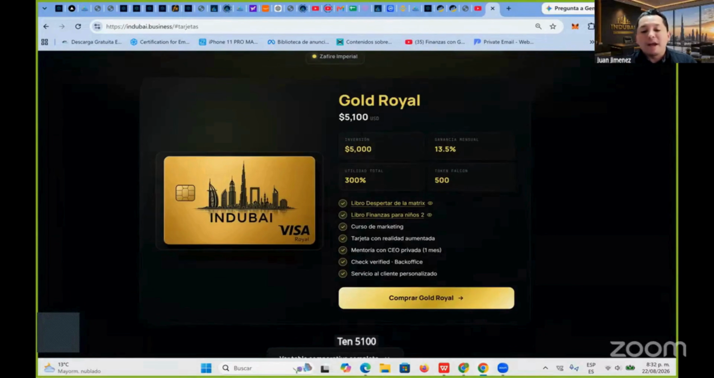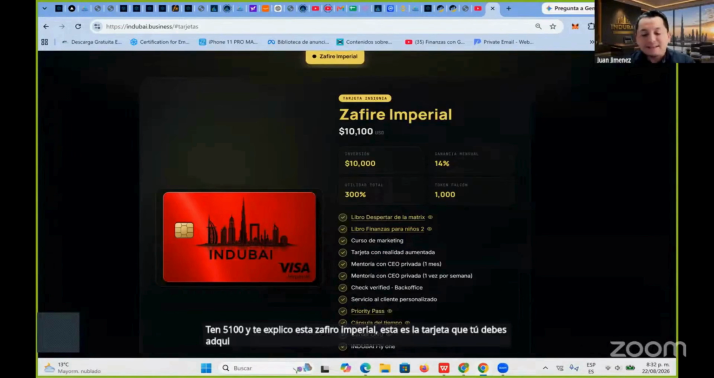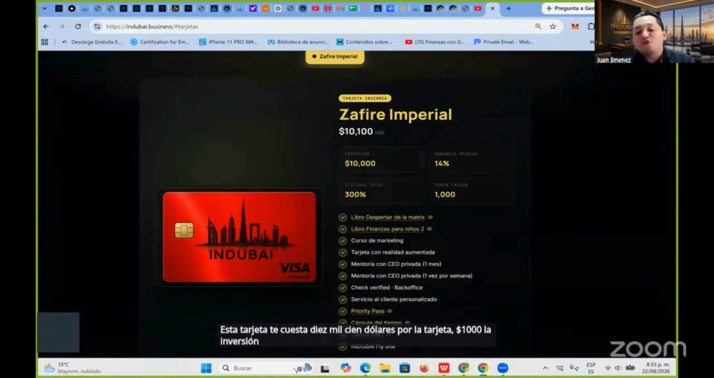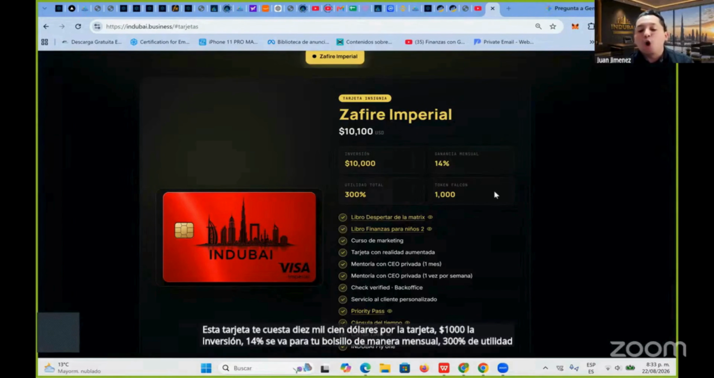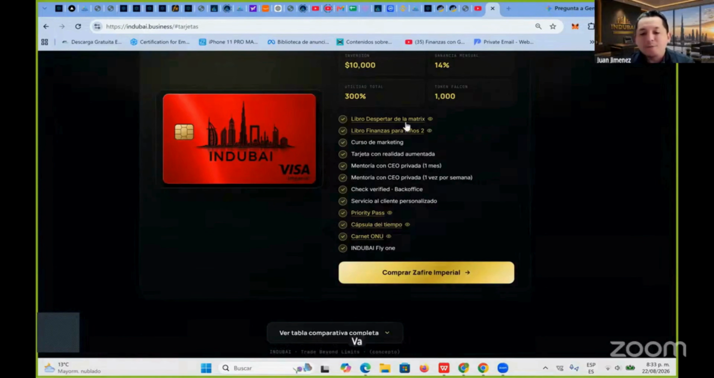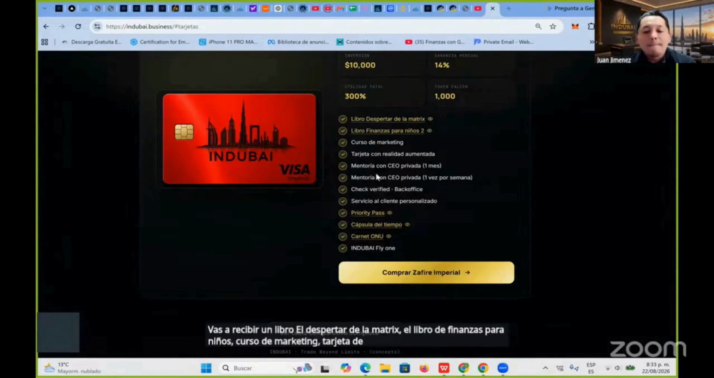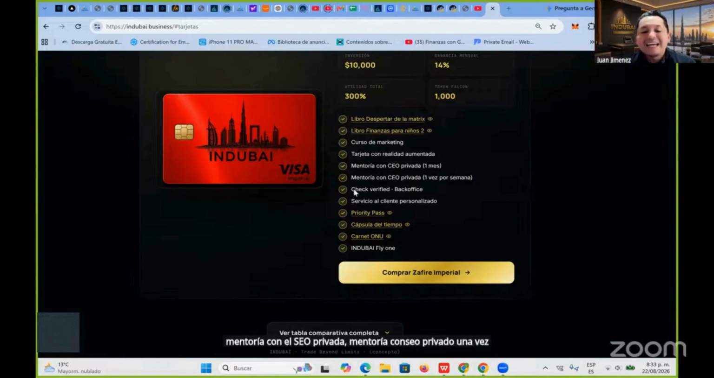And let me explain this one, Imperial Sapphire. This is the card you must acquire. This card costs you $10,100 for the card, $10,000 for the investment, 14% goes into your pocket monthly, 300% profit, and 1,000 Falcon tokens. Look at this. You are going to receive a book, The Awakening of the Matrix, the finance book for children, a marketing course, an augmented reality card, private mentorship with the CEO once a week,